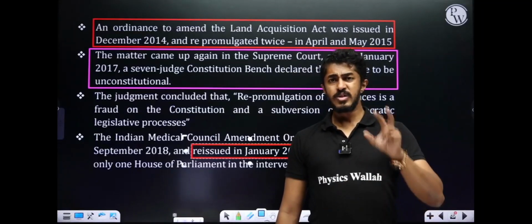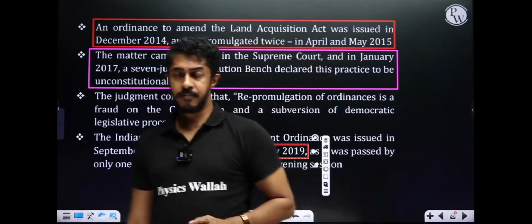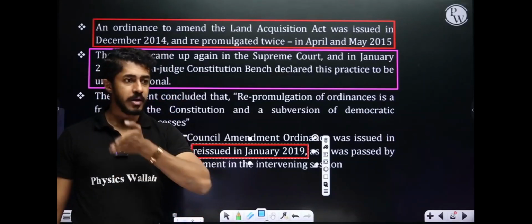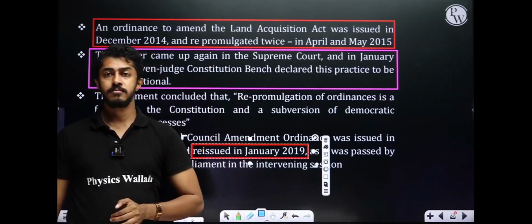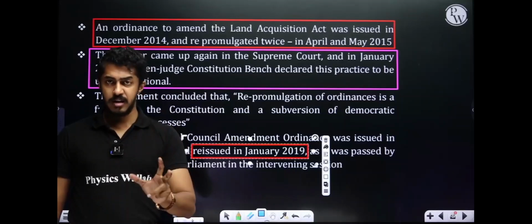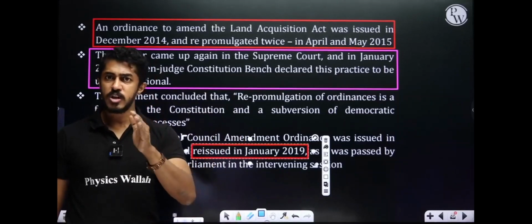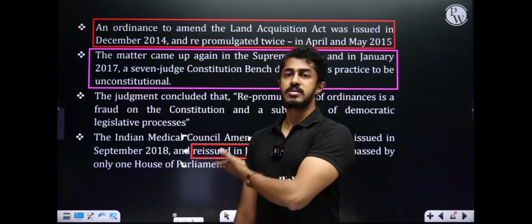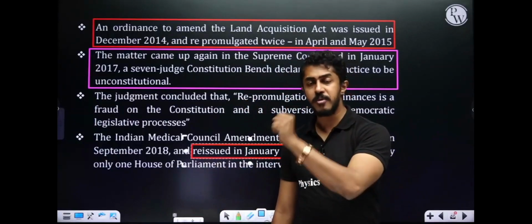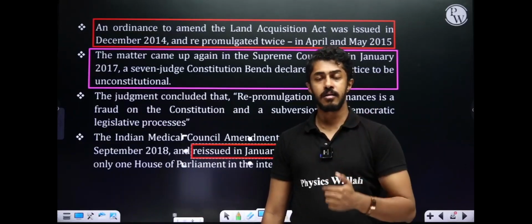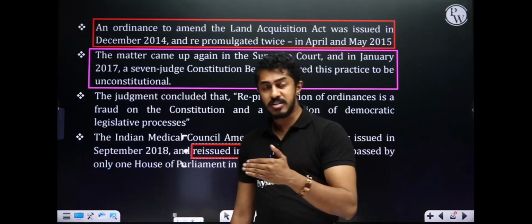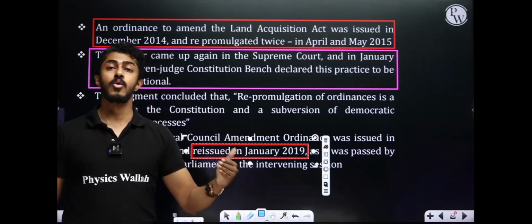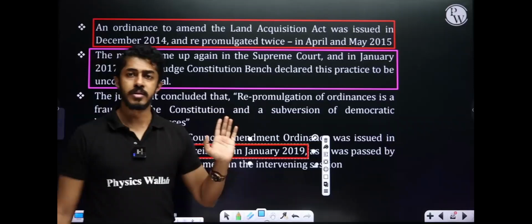Getting the point here? So if the structure is weak, we cannot expect the process to be smooth. The structure of parliament during these years, if you see, was weak. Why? The opposition did not have the requisite numbers. So these things were happening. When you have a strong opposition, what will happen? They will demand. Getting the point here? So structure-wise, if you see, things were favoring whom? The ruling party. So they went ahead with this.